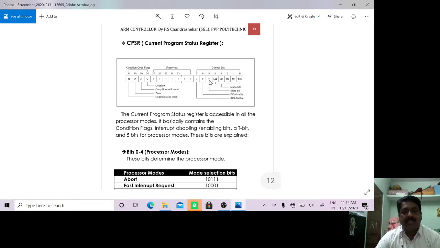Here T represents either thumb mode of operation or 32-bit general ARM operations. We know ARM is capable of working with the 32-bit instruction set, or to improve upon code density, the ARM processor can also work in 16-bit thumb processing mode. So T will become 1 to represent the ARM processor currently working in thumb mode. If it is working in general 32-bit mode, then T will be 0. So likewise, IFT will represent thumb mode, fast interrupt request being disabled, or IRQ interrupt request being disabled. So all the 8 bits correspond to the control bits.